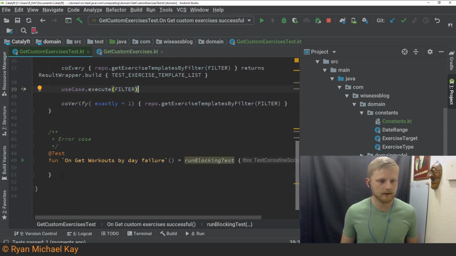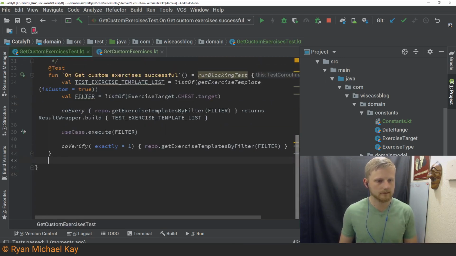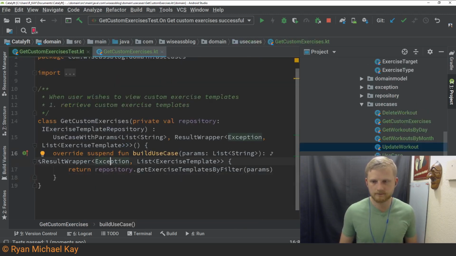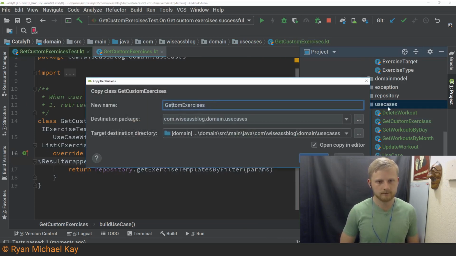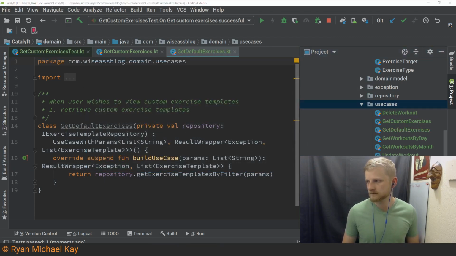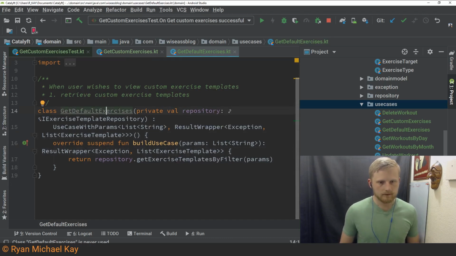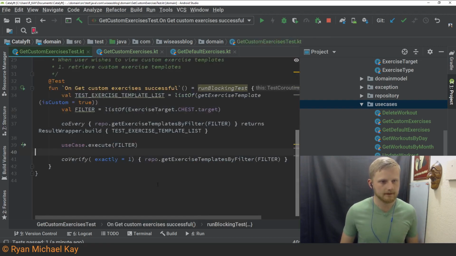Not super concerned about handling the error case here. That should be good enough. Exercises. Oh, I need to make sure that